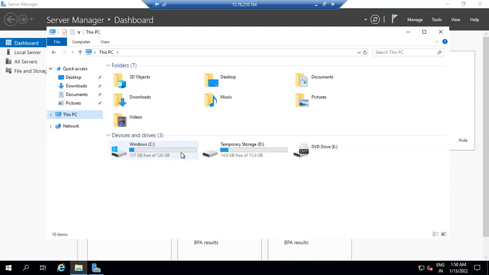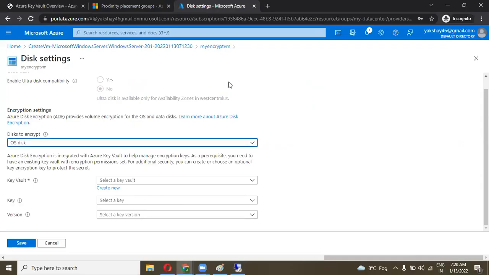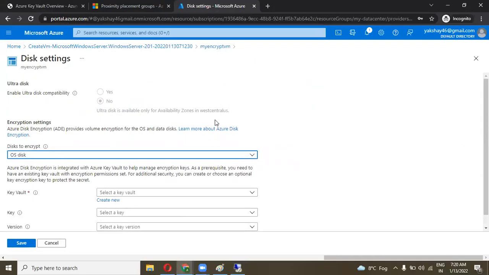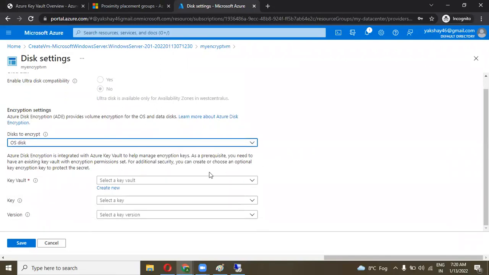Whenever I need to unlock this disk, it asks me for the same key. Same in the Azure panel, if we encrypt a disk, it requires isolated storage to store our key. Key Vault is a feature to store your secrets and keys. So we need to create a key vault right now.